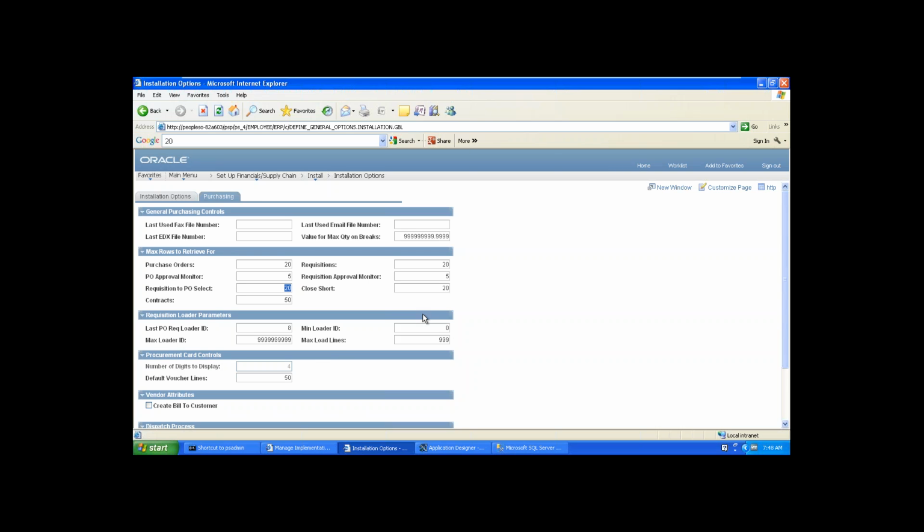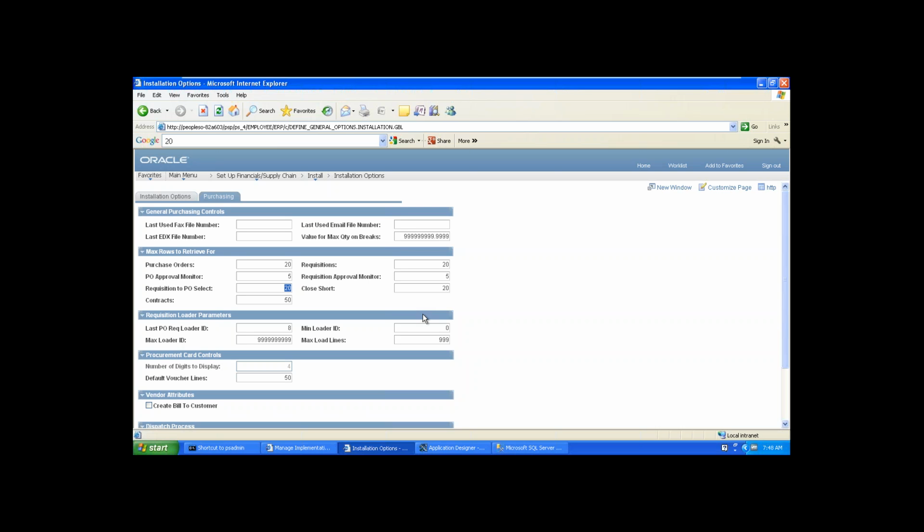So every time we need to send a purchase order to our vendor, we need to come to this screen, right? No, we no need to come to this screen. This is for initial setup. From where we want to start the transactions, from which number we want to start the transactions. That's what this page is designed for.